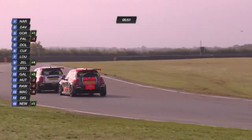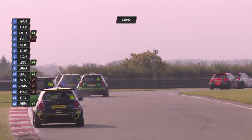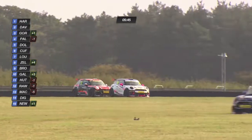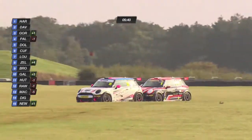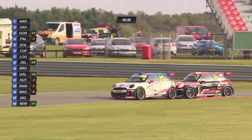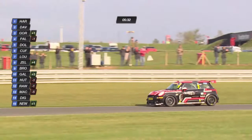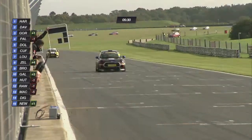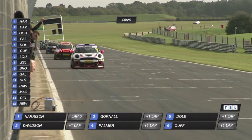James Gornall second, chasing Nathan Harrison, as we look at Ben Palmer trying to get onto the podium in the number 2 car. Ben's had a very good run in these late stages of the season and was looking up the inside line there, but Jack Davidson holding on well, knows the circuit well, but under massive pressure here from Ben Palmer in the number 2, who again gets a run, a little bit blocked on the exit there as they come out of Murray's, and that loses him a wee bit of ground, so he'll try and chase down. They go across the line again,